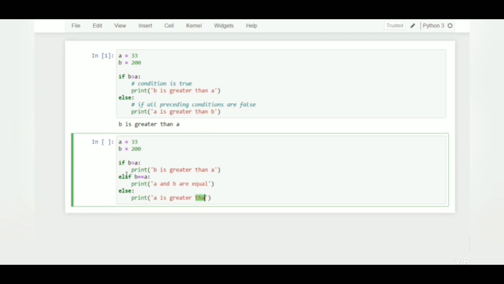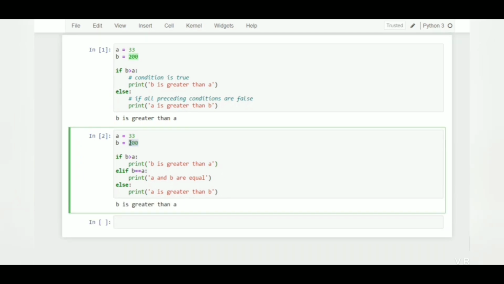Here b is greater than a is the first condition. So the Python program will come here and check whether b is greater than a or not. Here b is 200, a is 33, so it will print b is greater than a. Now I will reverse the values and say b is 20 and a is 33.